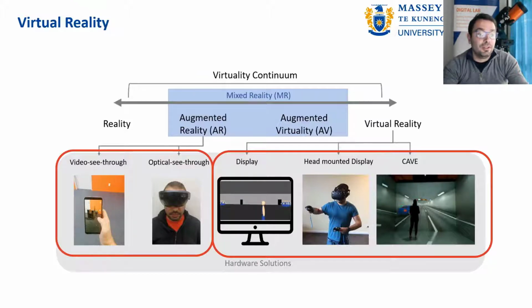In this case, you can see in the picture a cave, which is a room, and you can perceive from this picture that on each wall there are two projectors creating an overlapping of two images, and those images are polarized, and the person inside the cave is wearing some polarized glasses, so you have the possibility to perceive a 3D view exactly like the experience that you would have in a 3D movie in a cinema.